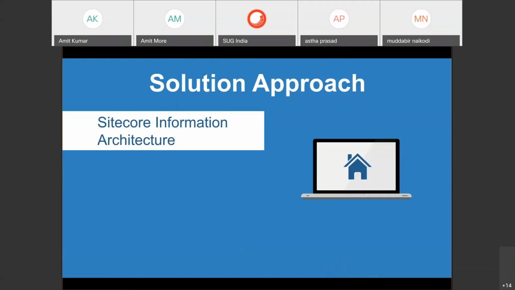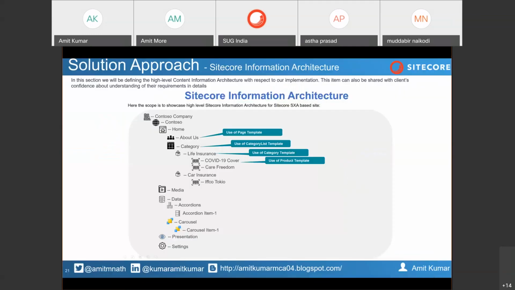So now coming to the solution approach, the last point is the Sitecore information architecture. That is very important. So here I have tried to depict the information architecture. I have depicted it with the project layer template, because when you create any website in SXA, all the pages which need to be displayed to the user in the content layer are present in the project layer, and I am going to create or inherit all of my page templates from that. That's why I have highlighted it with the color of the project layer itself.